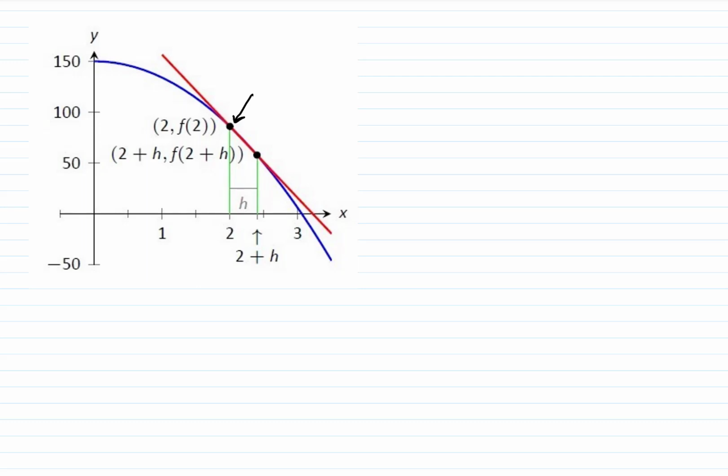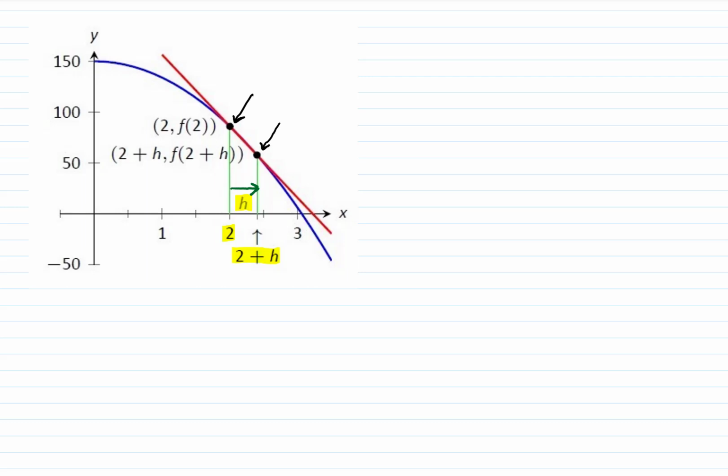So here's what I do. I move over a little bit. We're going to call that distance h. Because I move over horizontally, so we use h for horizontal. So if I was at 2 and then I move over a distance of h, where am I going to be now? I'm going to be at 2 plus h. So this point right here,